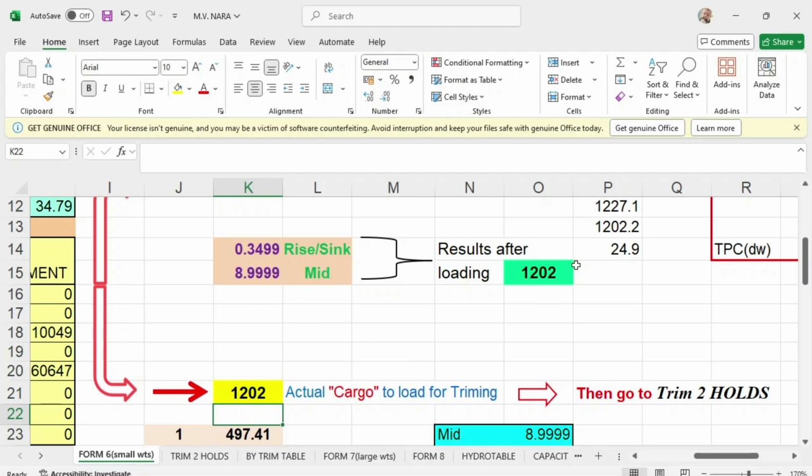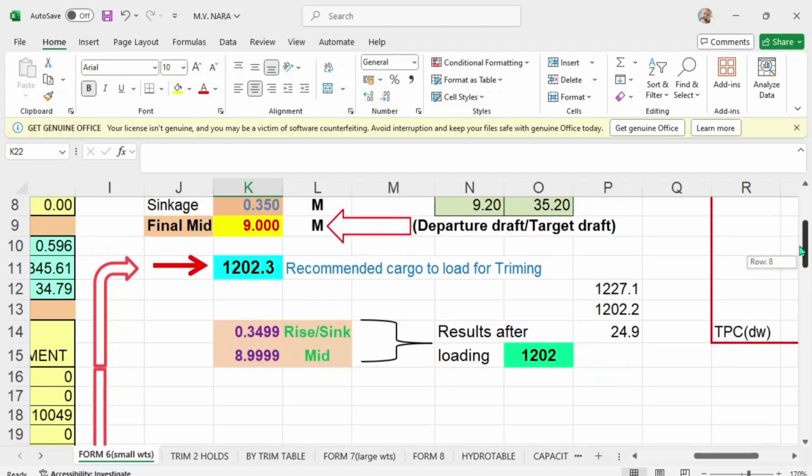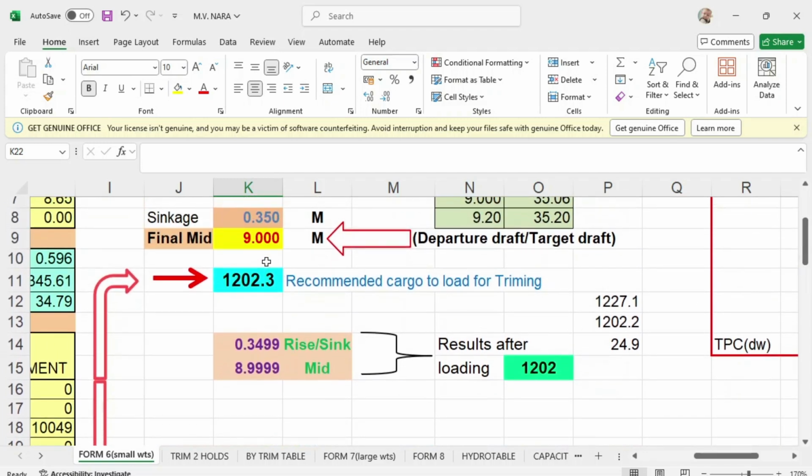Once you load 1202, your midship draft will be 8.999, which is almost 9 meters, and your sinkage is 0.3499, which is almost the same as here.